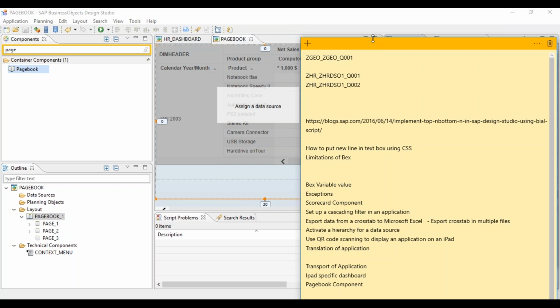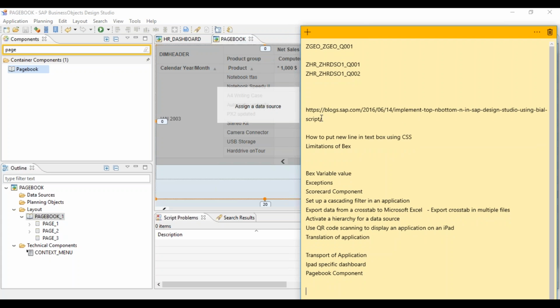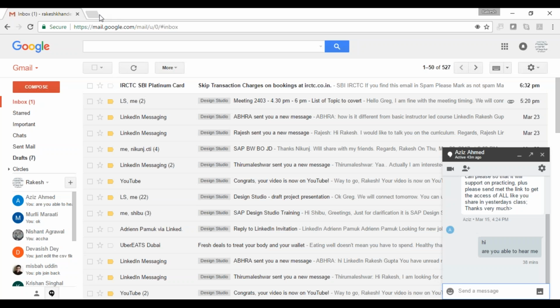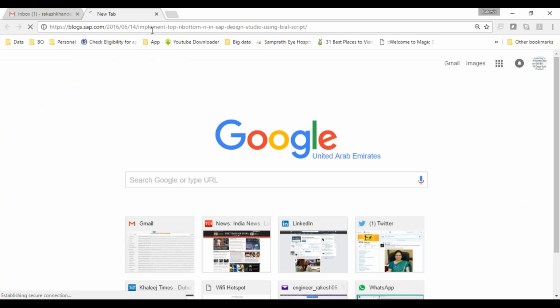Yes, Rakesh. Regarding that top and bottom, I tried top and bottom in Design Studio, and in local mode it's not working. Whatever I tried, I'll try next week in platform mode, and I'll give you the update. Meanwhile, I found this particular blog which may be useful to you guys.